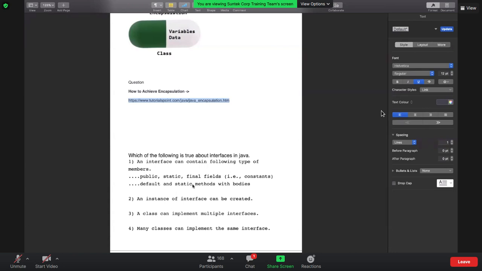Just think about it, what we discussed in the last class. And if this is wrong, you tell me that this statement is wrong, and why it is wrong, the reason behind it. Correct. Okay, interface has no bodies.